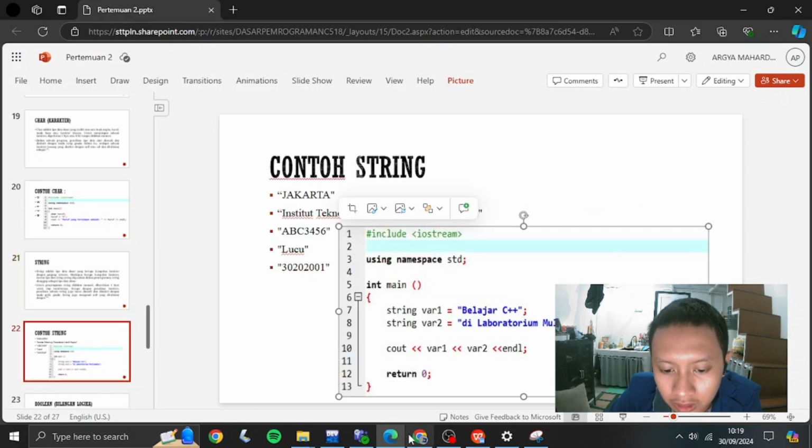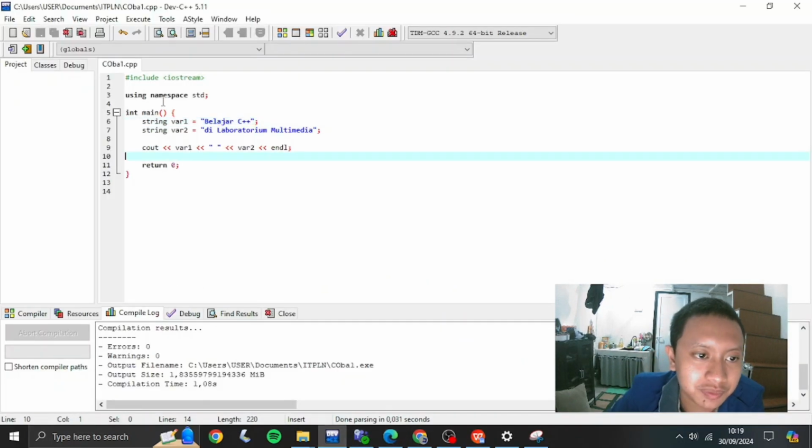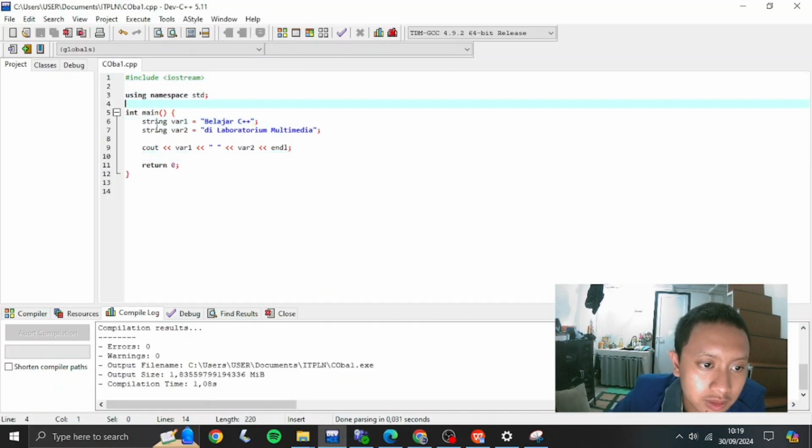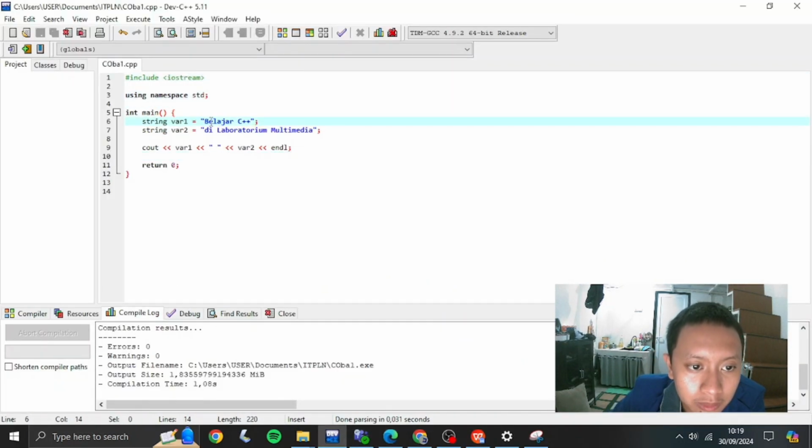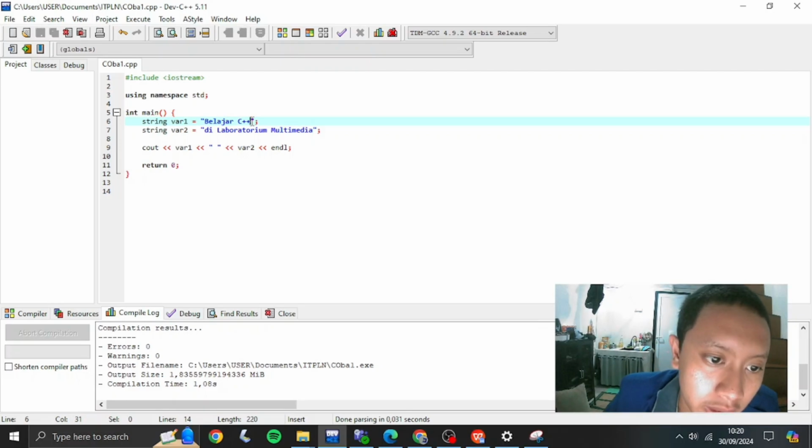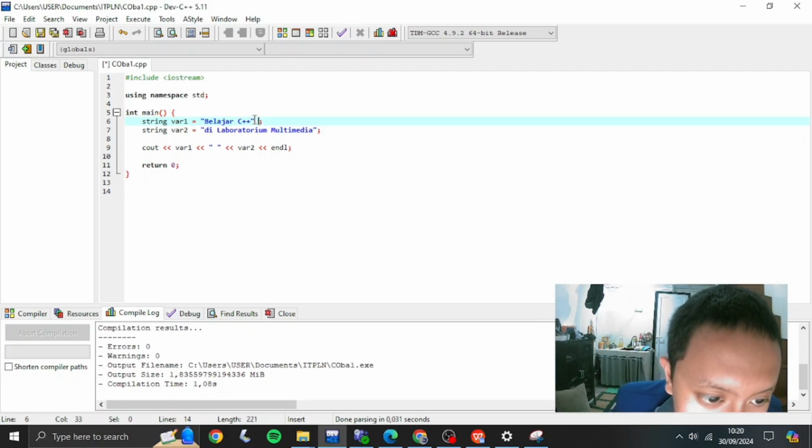For the code, I already gave it a try. String variable 1, belajar C++. It means you initialize variable 1 and you initialize variable 2, and for the blue one you can change it whatsoever as long as it's not outside this one, because it will interrupt the code.